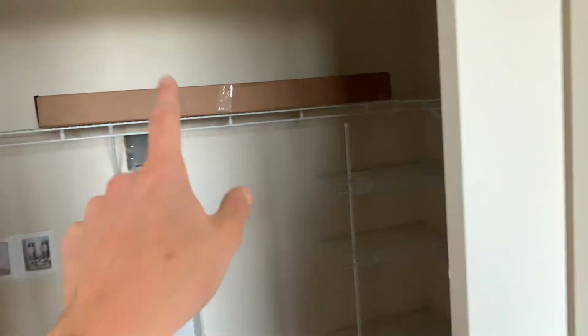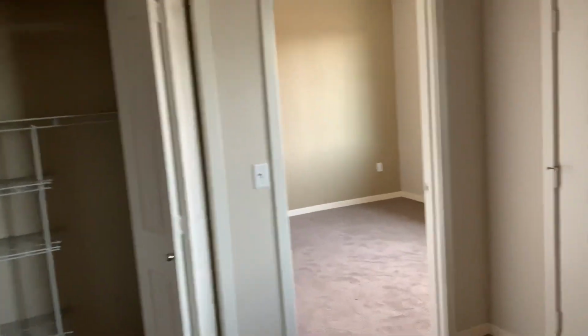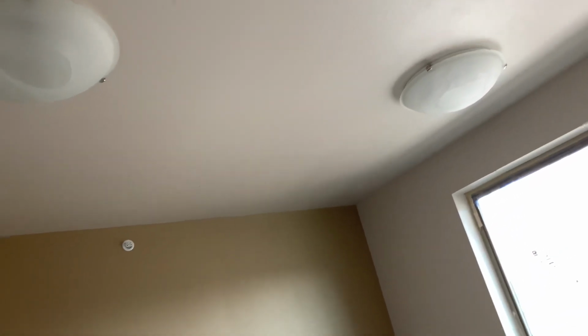Skipping all these for now. Hopefully the other guy will come back and do all these, but if not, I'd rather just do them in one day, just because I don't like getting sheetrock dust all over me. So I'd rather just do them all in one day and bang them out than have sheetrock dust on me for the whole week. So that's a little bit out of the way, just for speed's sake. Another light right here, but I'd rather have one bad day than 5. So anyways,